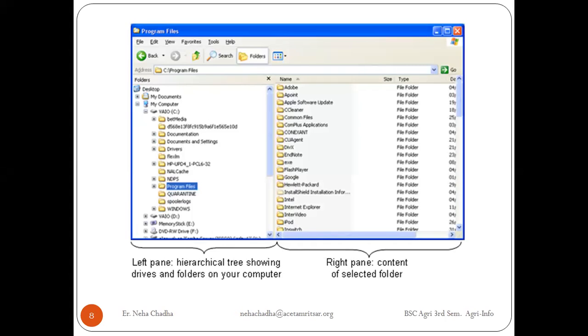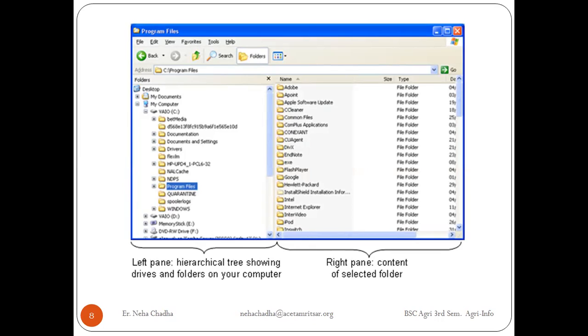Then comes the snapshot of your Windows Explorer. As in this presentation, you can see there is a layout of the desktop, what is present over the desktop. This is given as a hierarchical view of what is present over the desktop. Some files are available, some folders are available, some drives are available. As you can check over the desktop, then My Documents and My Computer.